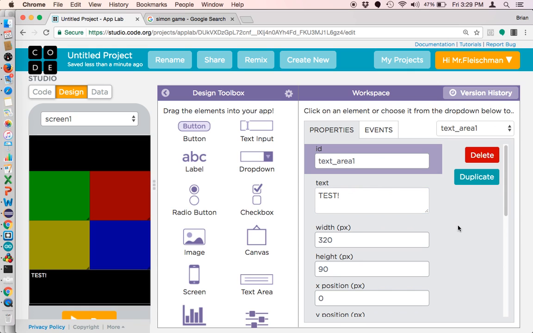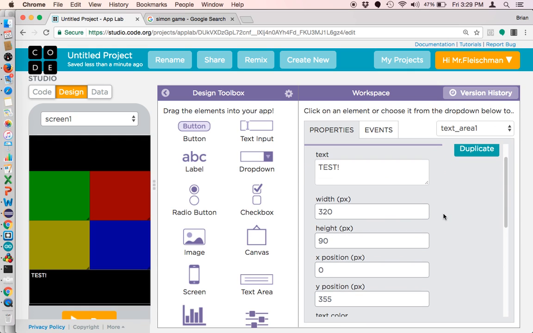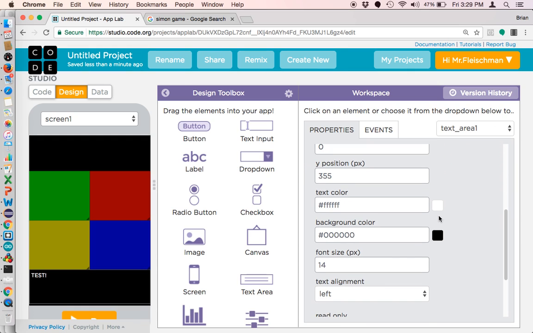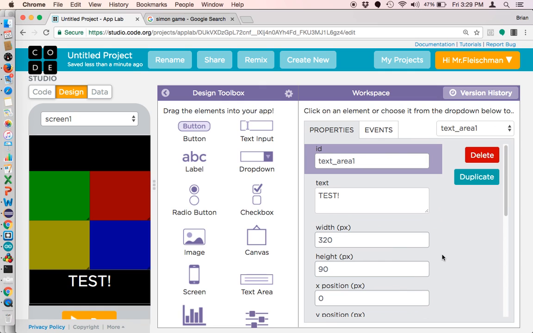Okay, so that's too small. So I'm going to change the font size to something more reasonable, and I want the text to be aligned in the center. And let's just kind of see, that looks good. Okay, nice and big, and that looks kind of exciting. So now that I got the text area,